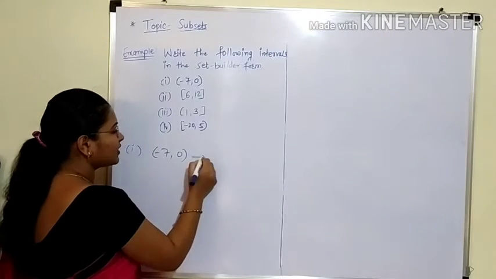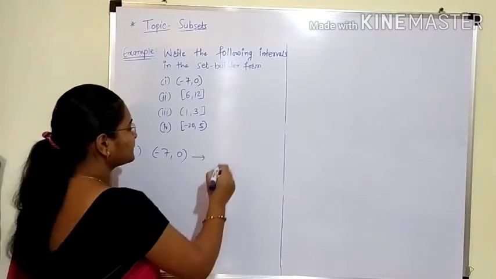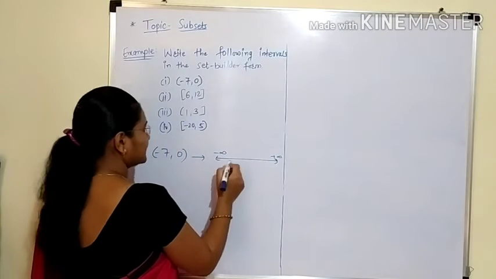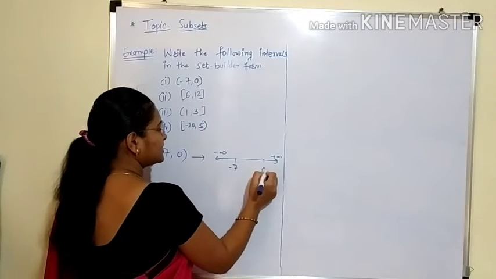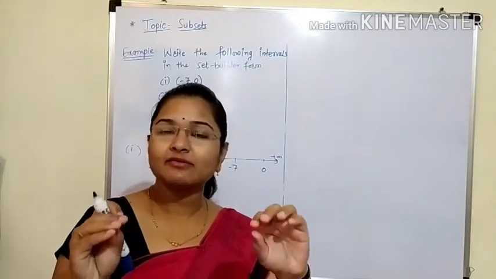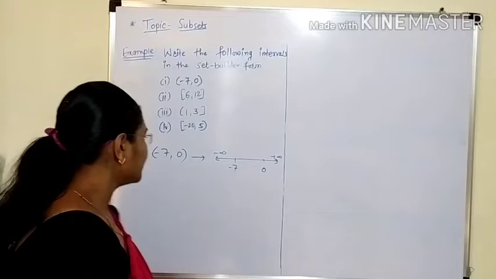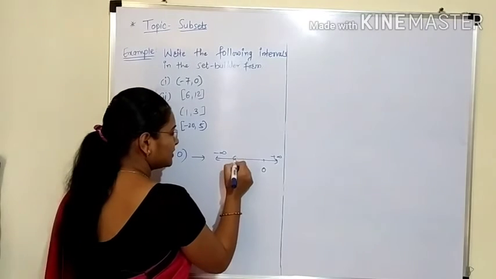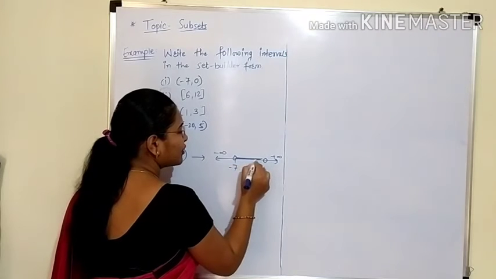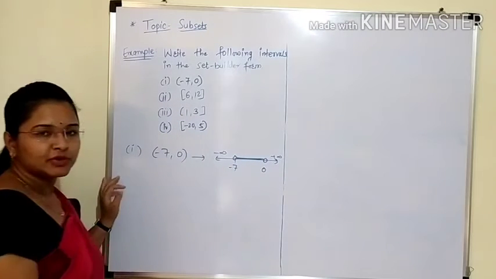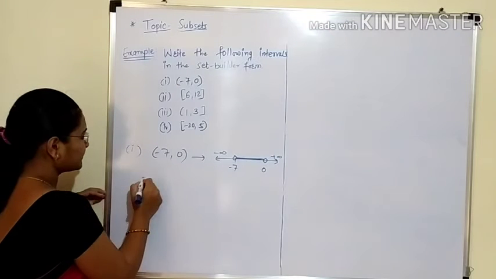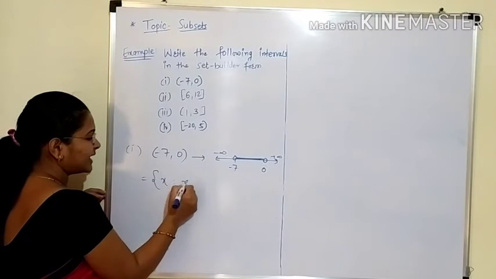Now, students, if we draw this interval on a real number line, it will be minus infinity to plus infinity, and minus 7 to 0. I have already told you that if open brackets are there, then we will not include those endpoints. So here open brackets are there, so these points we will not include. Only the interval will contain the points in between minus 7 and 0. So while writing the interval in set builder form, we'll write set of x such that x belongs to